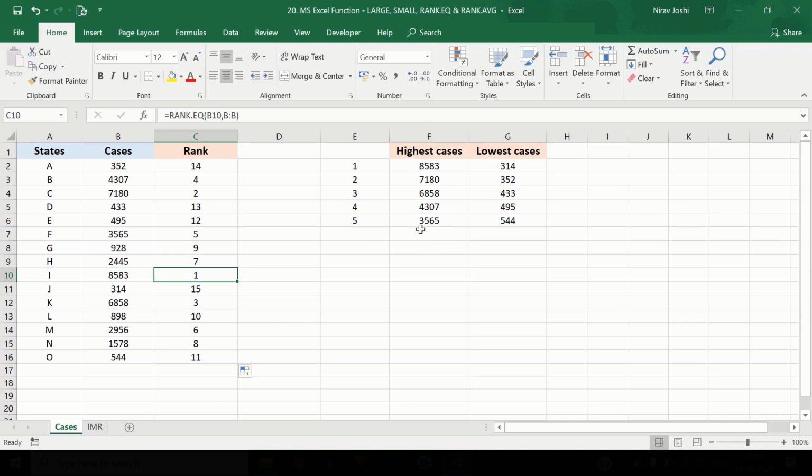Here we are arranging the data in descending order based on their rank, whereas we are assigning rank here based on the value in descending manner through this RANK.EQ function. Similarly, if we had applied the RANK.EQ function in ascending manner, it would be exactly the opposite of the function SMALL.